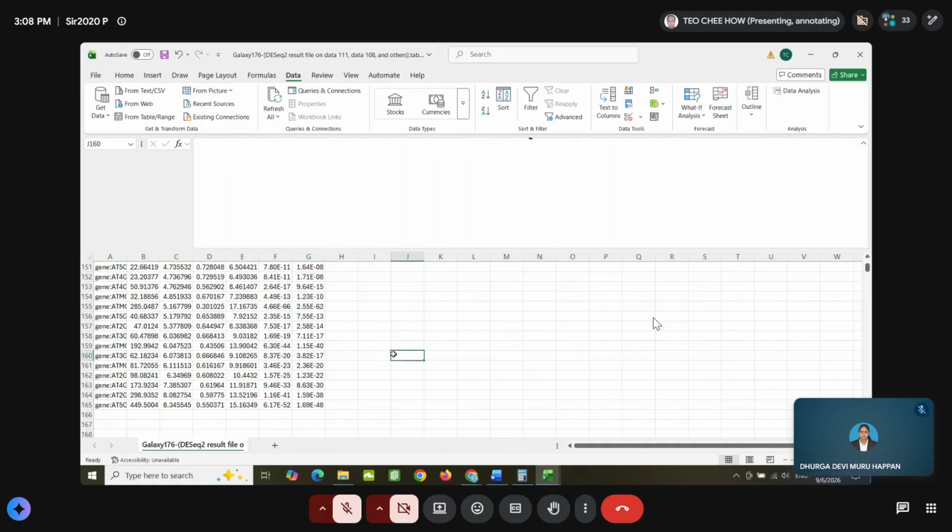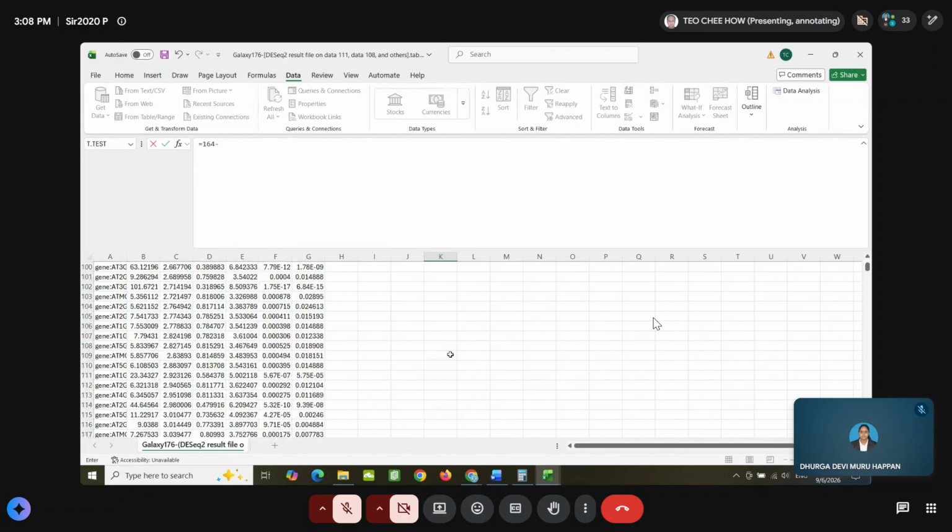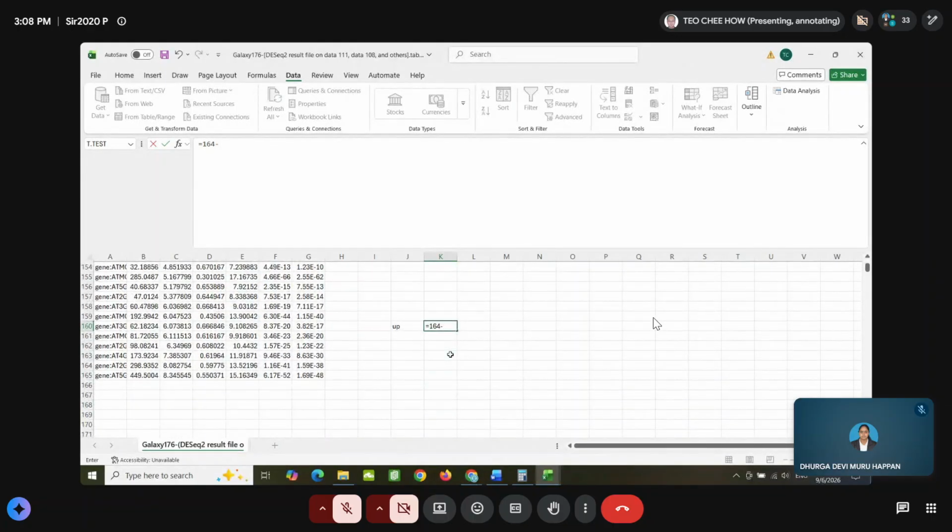So 164 minus 55, and you have 109 up. Down is 55 genes, right?